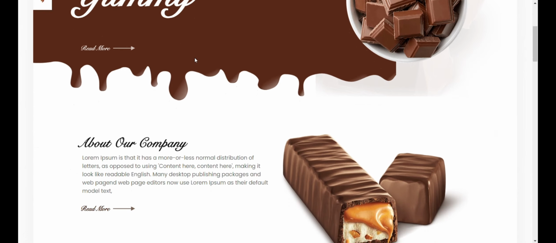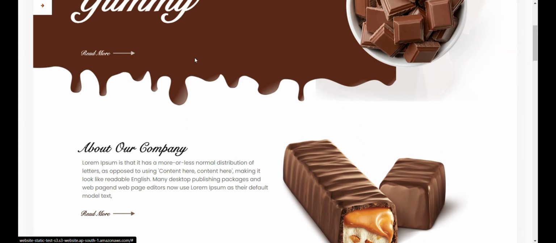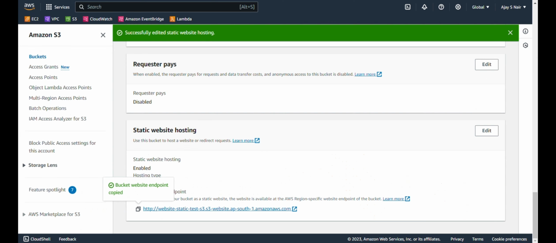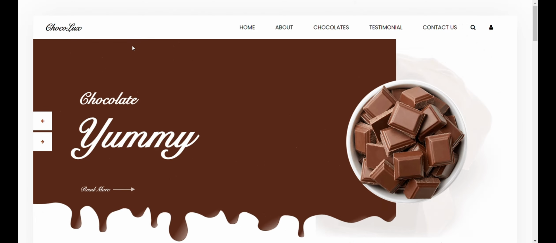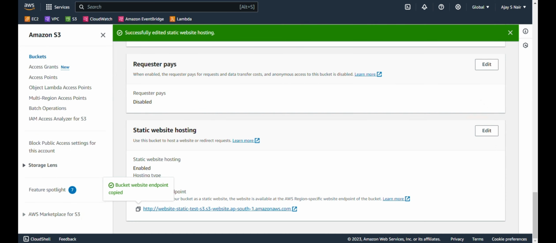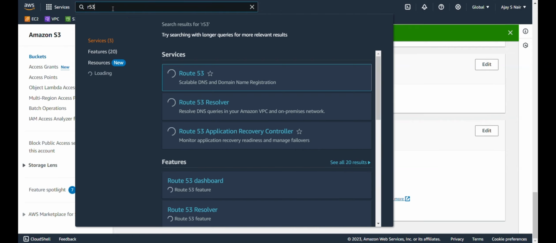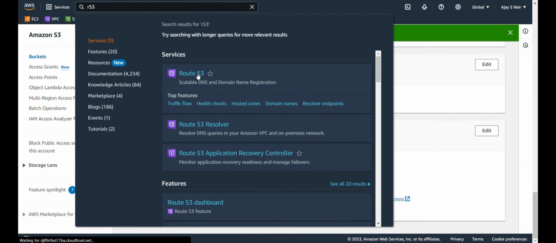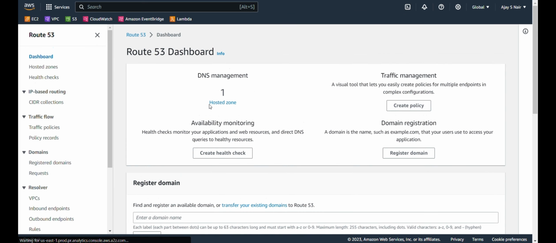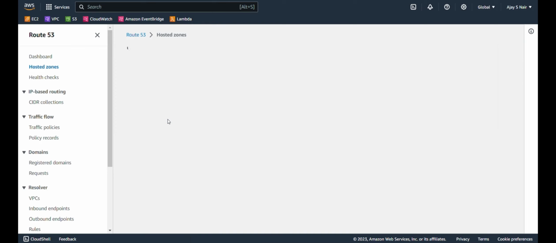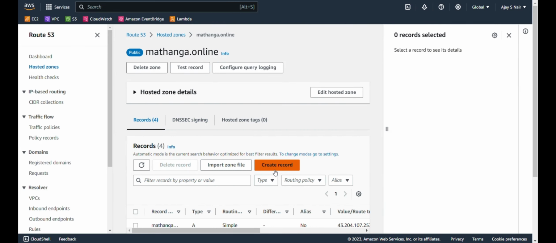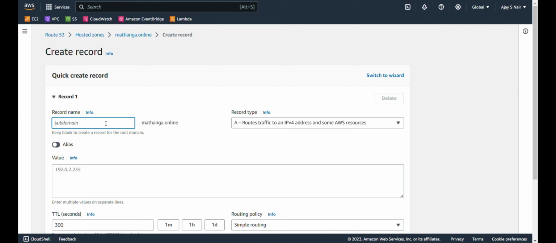As you can see, the website is loading. It is from the S3, not from any servers. Now we can try to point this to a domain. Let's go to our Route 53. We already have a hosted zone here. Click on the hosted zone. I'm going to create a subdomain for this. Let's keep it as